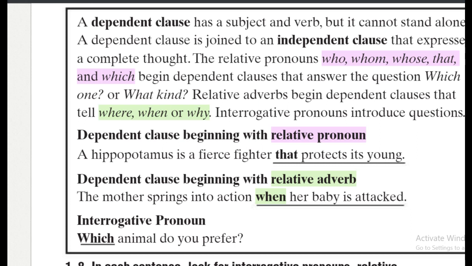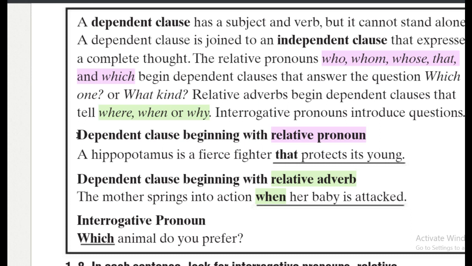The first family is the family of relative pronouns, and this family is having some members like who, whom, whose, that, and which. These words can start a dependent clause. And there is another family. This family is called relative adverb. In this family, we are having some members like where, when, and why, and they can start also a dependent